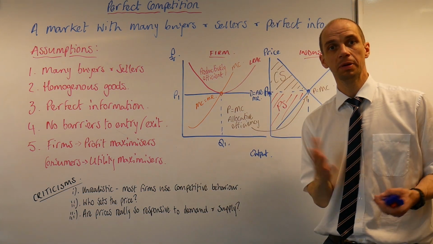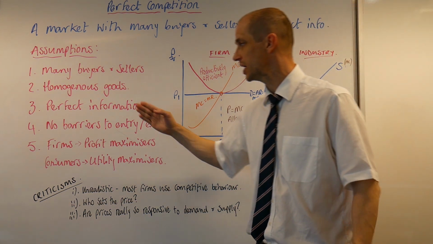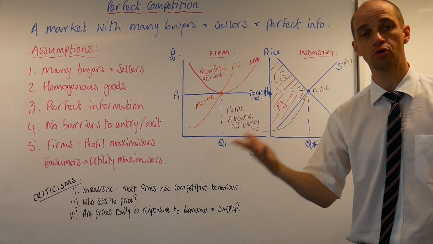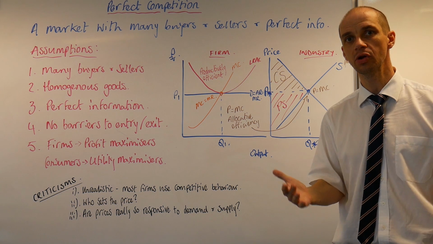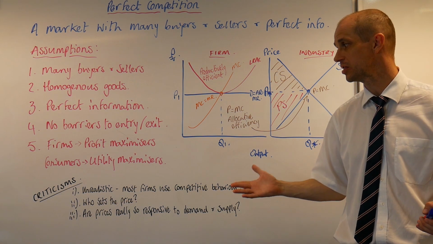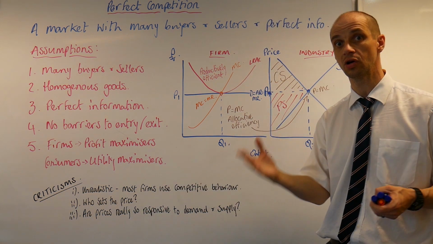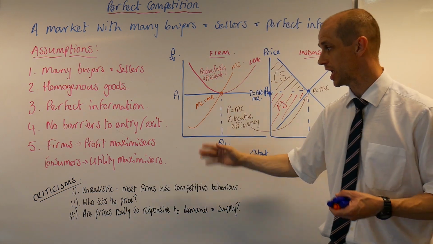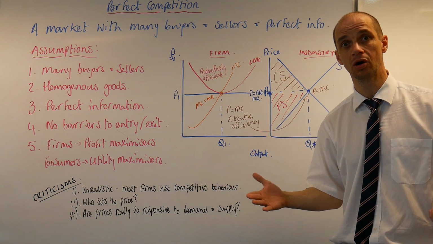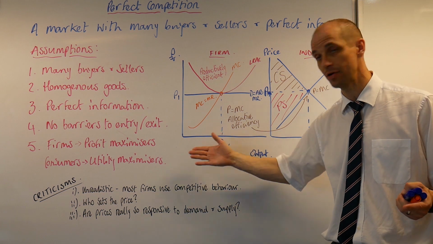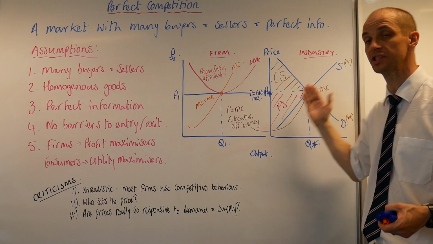Moreover, a lot of people actually critique this model by saying, well, who actually sets the price? Because it's assuming that firms are price takers and consumers are also price takers. So who is truly setting the price within this marketplace? And as such, those that criticise the model of perfect competition in this way, they say, well, it's more appropriate to communist markets, or command economies, rather than market-based economies where you would see this interaction of demand and supply.